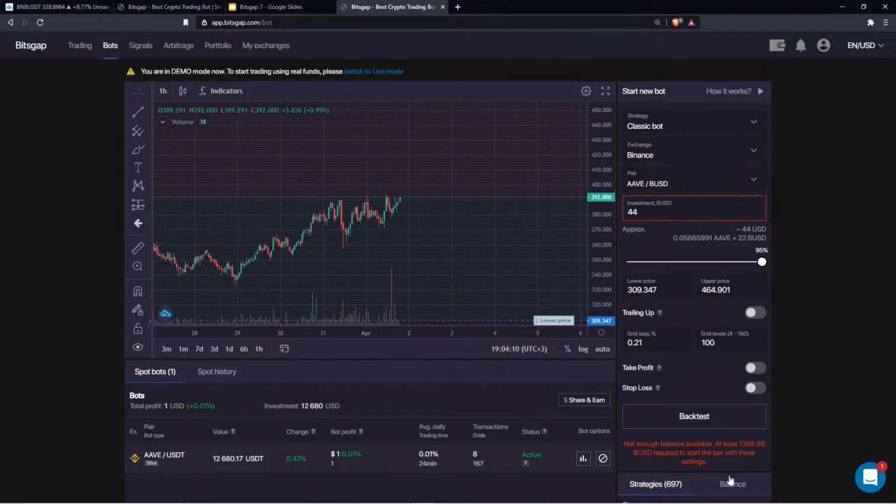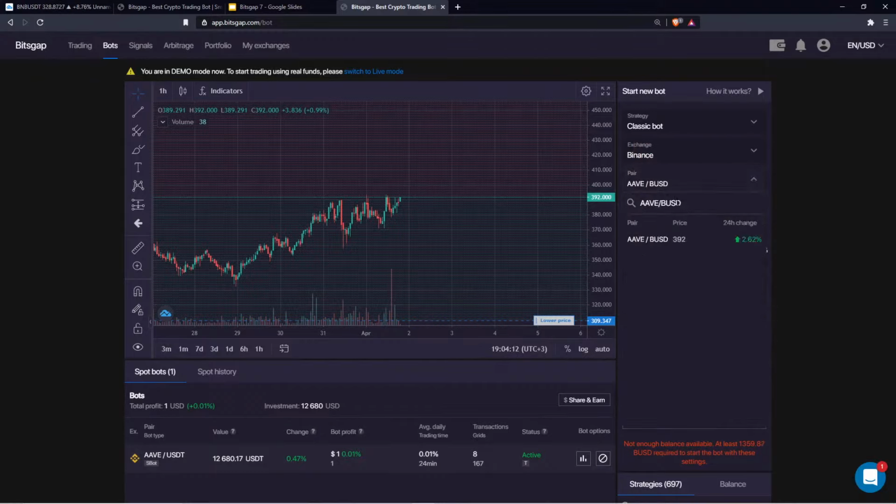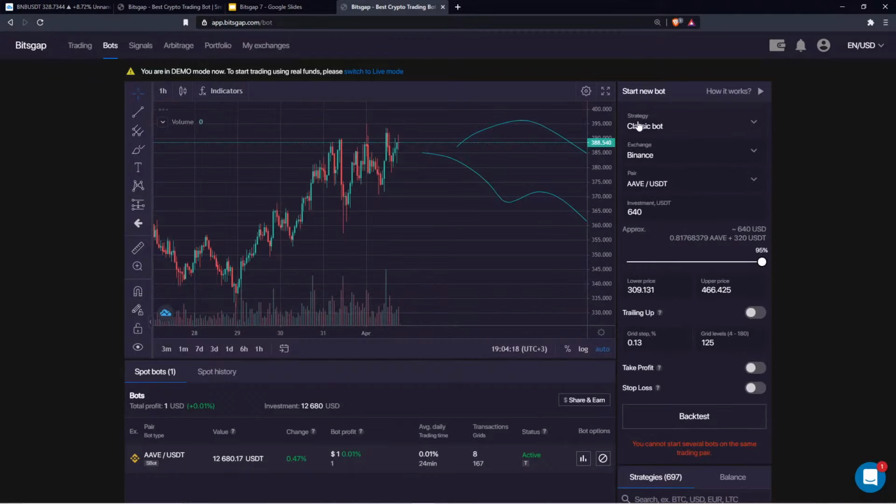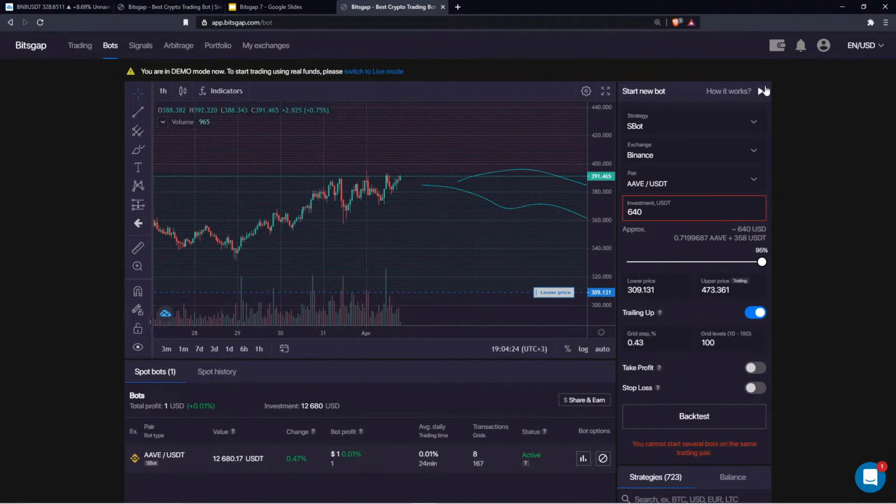You go for it, and then you open another trade, but this time to USDT, and maybe use the S bot, also with 100 grid levels and the same trading range, and you can monitor the performance of these two strategies trading on one coin